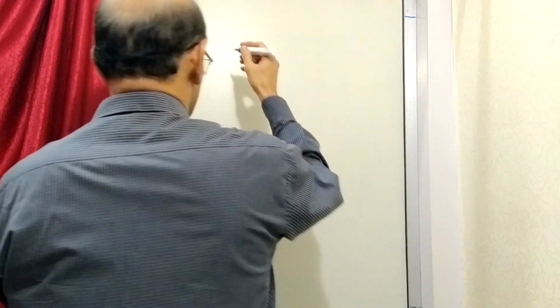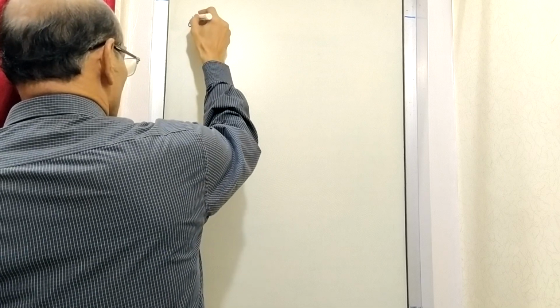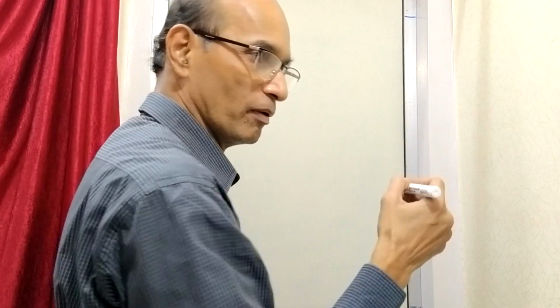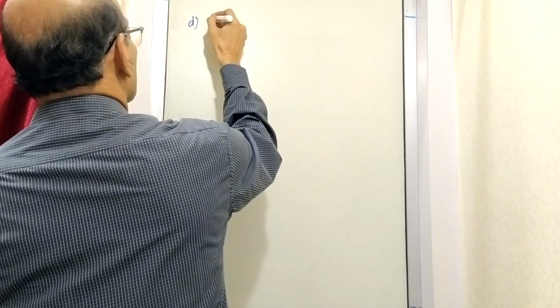We have also seen some of the problems, although the problems were not solved with numerical values, but we have seen the methodology of solving problems in the first three cases. Now today we will see one more case, one more type in balancing, that is to find the reactions at supports. You can write down, this is point D. Earlier we have discussed A, B, C and C1. Now this is D.